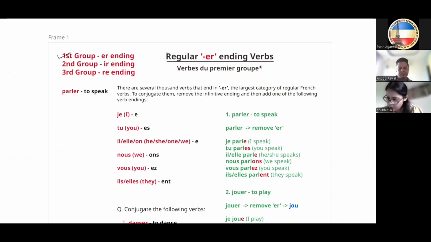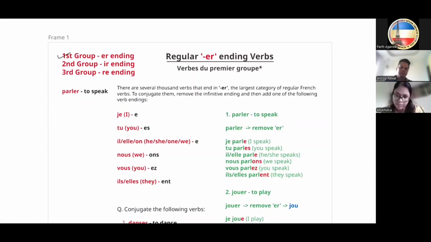Okay. Now we started with a topic that is verb conjugation, regular verbs. Être and avoir are irregular verbs, if you remember, right? I discussed it. Yes. But as we discussed in the previous class, in French there are three types of verbs, three categories. What are the categories, Anubhuti?